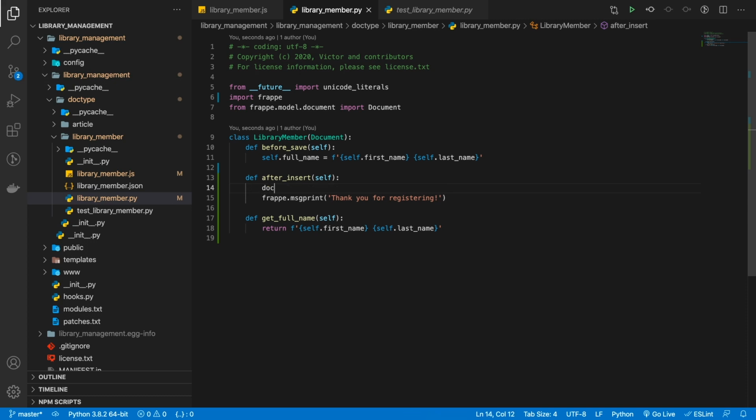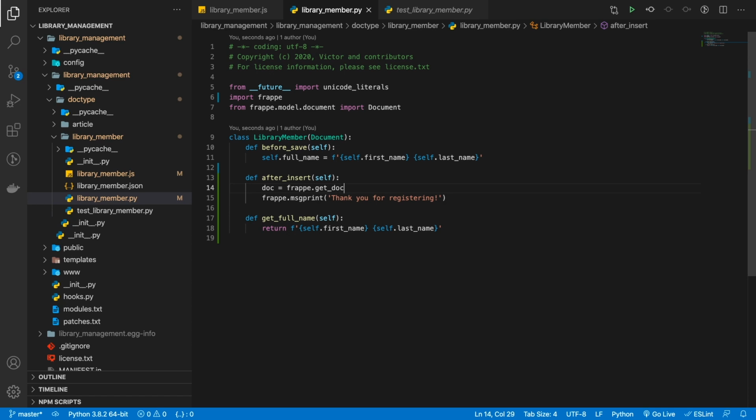So let's do doc. There might be an easier way to do this, but we can do doc. And then here we can use Frappe ORM to get the data from the database. We don't need to write SQL queries or anything. We have ORM available for us. We can get all, we can get one. We will learn more about Frappe ORM as we go higher in this course. So for now, we will use